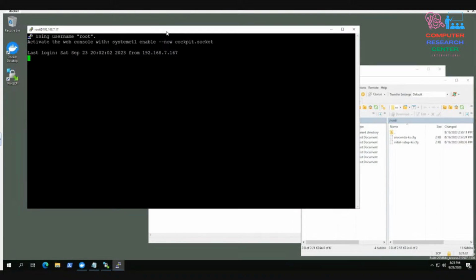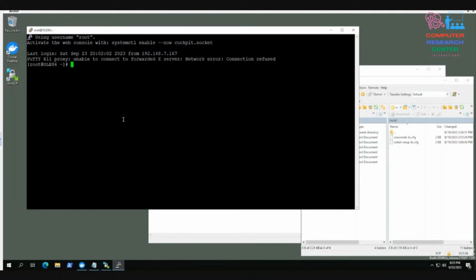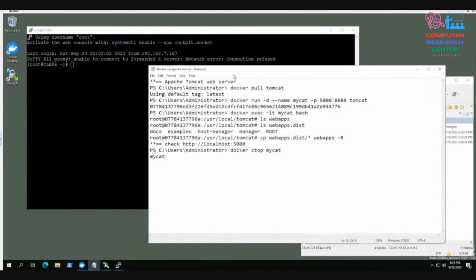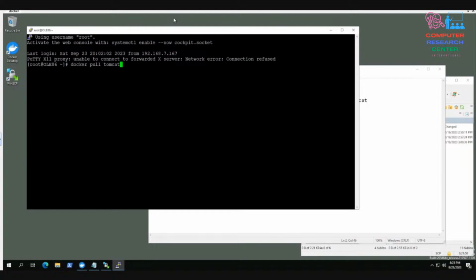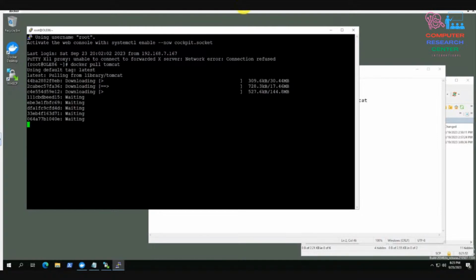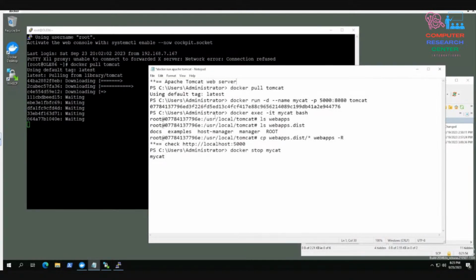another version, another distribution of the Linux based distribution of, I would say, Docker community edition. So let us try to use those commands here. So we will be pulling, and then we will be executing all with the separate commands. So pulling, and then after pulling, because this is